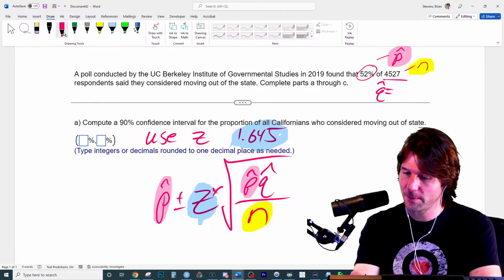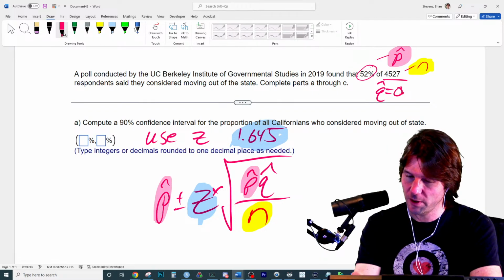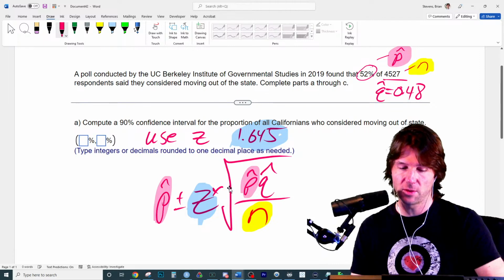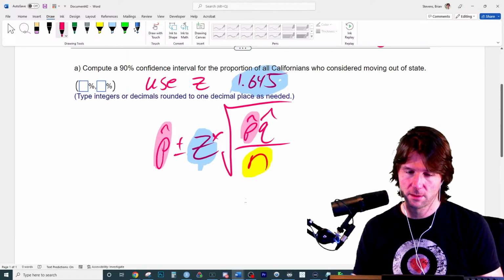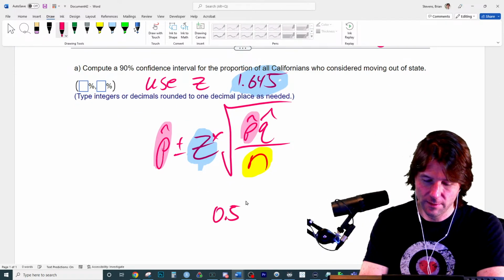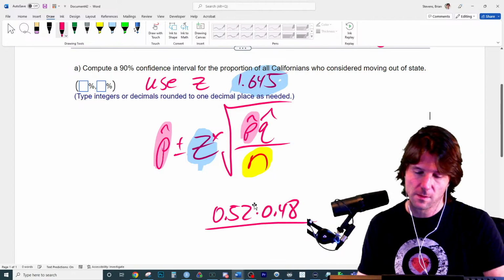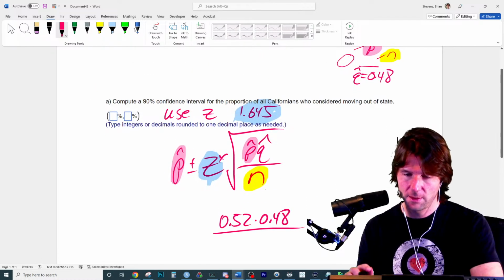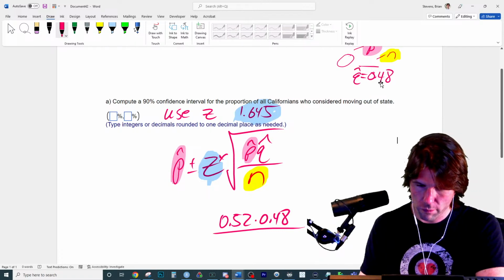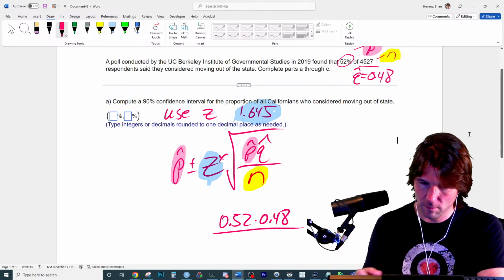You're right. You got it. It's just going to be 1 minus P hat, which is 0.48. And there it is right there. And 0.52 times 0.48 over the sample size of...